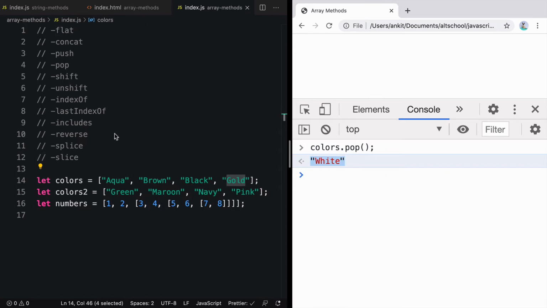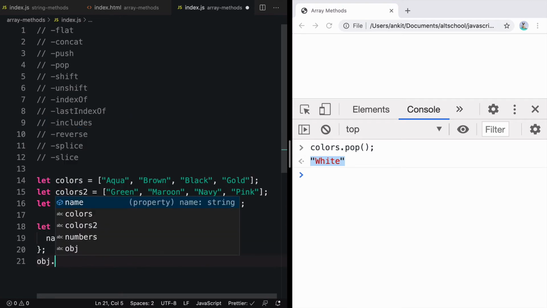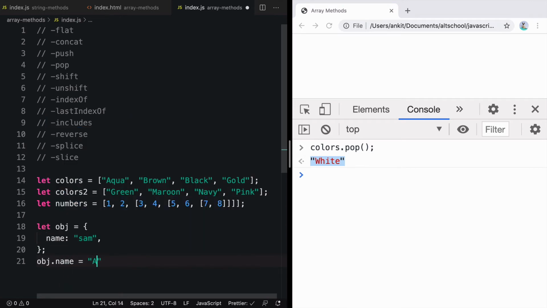One thing to notice in non-primitive data types is the concept called mutation. Mutation means you are able to change the original value. That means if I have an object called obj that has a property name that is Sam, and I say obj.name is equal to Arya, what we are actually doing is mutating the value of obj, an object, from Sam to Arya.